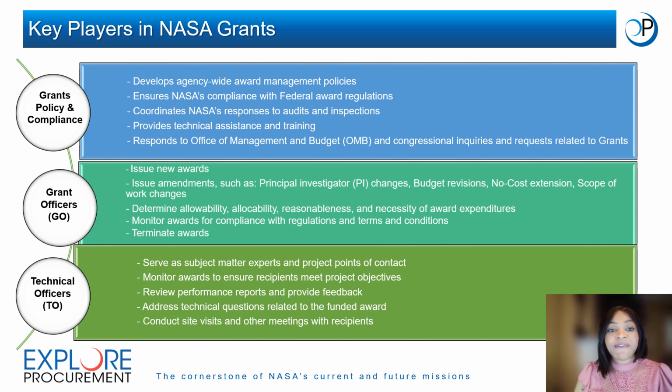The NASA grant officers have several exclusive responsibilities in addition to issuing new awards or amendments to existing awards. They give the final approval to changes that are made to an award, such as changes to a principal investigator, budget revisions, changes in an award scope of work. They make the final determination on whether a cost is allowable, allocable, reasonable, and necessary for the recipient's expenditures that are charged to the award. The grant officers also have the responsibility for routinely monitoring awards to ensure that the recipient is compliant with regulations and the award's terms and conditions. Finally, the grant officers are responsible for terminating an award if the recipient has violated federal regulations or the award's